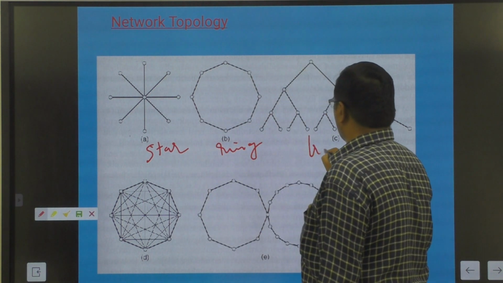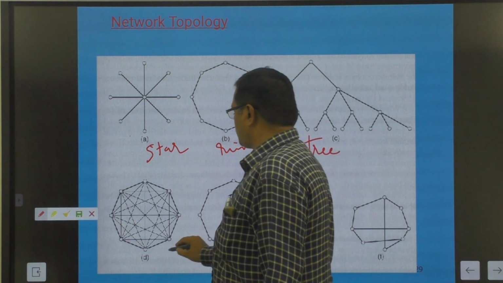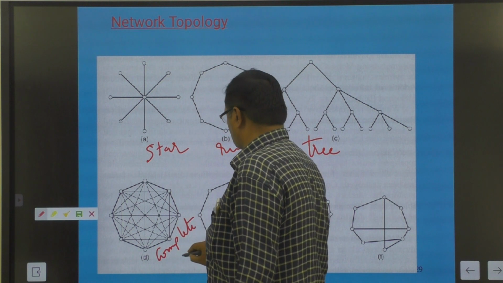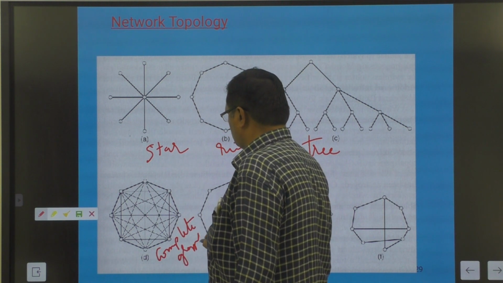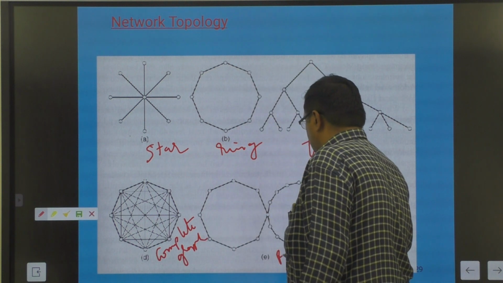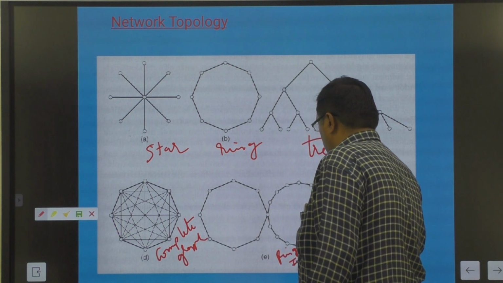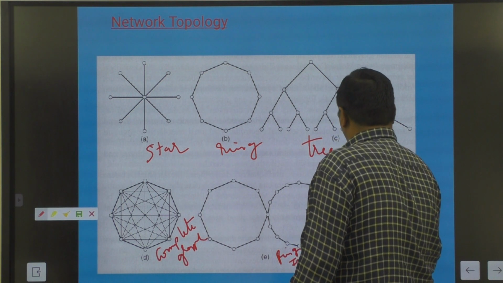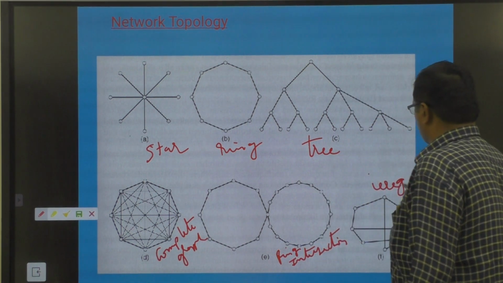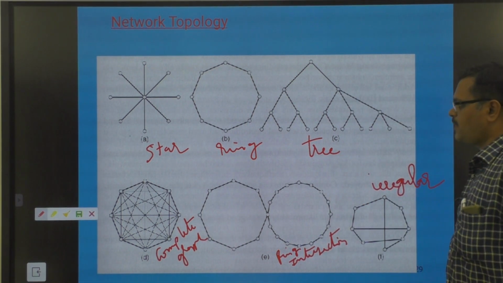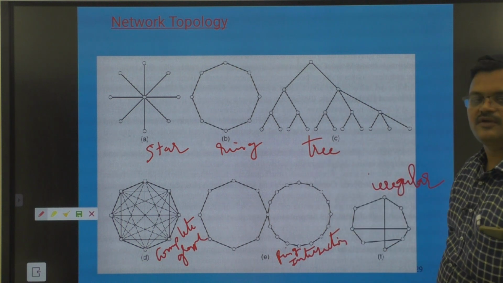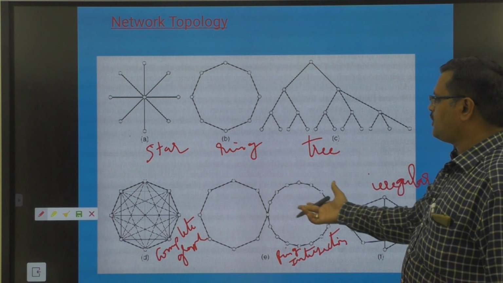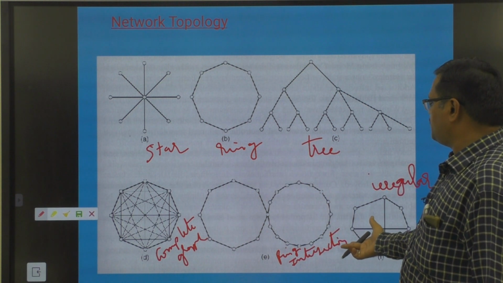This is a tree, this is a complete graph, this is a ring intersection, and this is irregular. Okay, so different types of network topologies are available in computer networks. Either it could be a star or a ring or a tree or a complete graph or a ring intersection